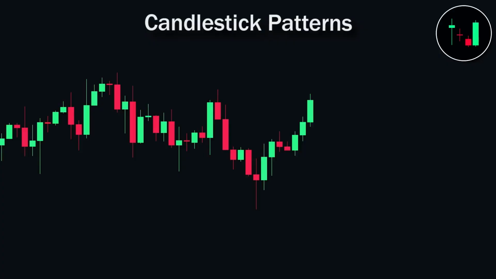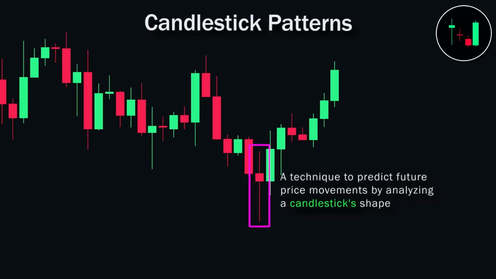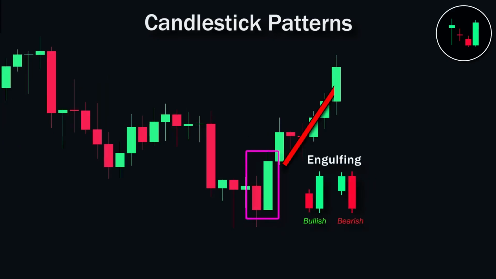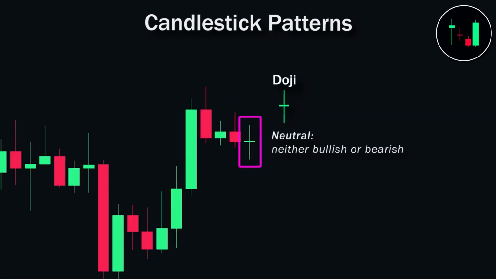Candlestick patterns. It is a technique that traders use to analyze future price movements by looking at specific candlestick shapes. Notable candlestick patterns include engulfing patterns, which signal strong momentum towards the direction of the engulfing candle, hammer and shooting star patterns, which indicates rejection as shown by the long wick on one side, doji patterns, which signals neutrality in the market,